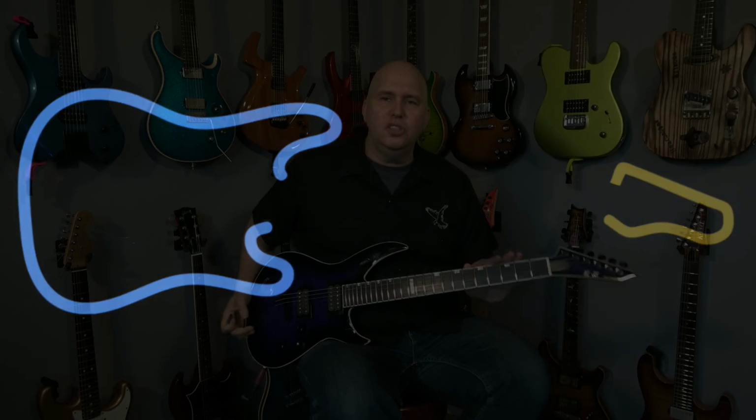Today I'm going to be checking out an E2. This is my first time ever checking out an E2, and this guitar has been available to us because of